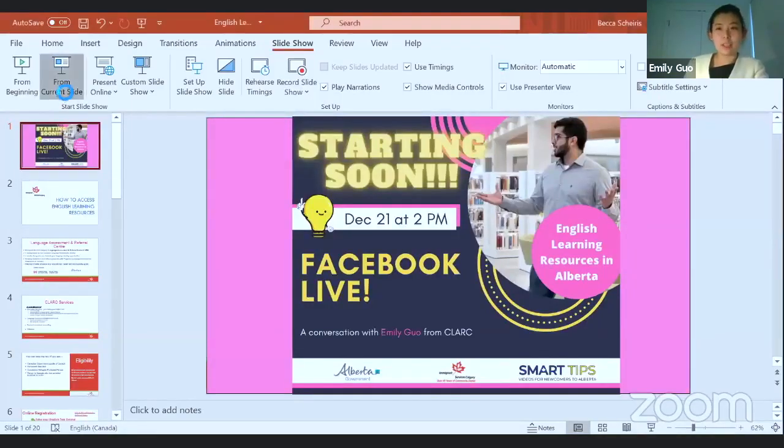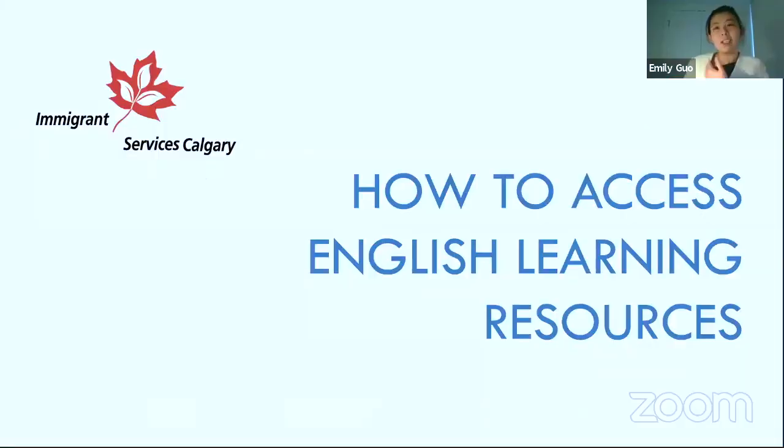So a little bit about myself. My name is Emily Guo, and I am a newcomer language specialist. I, along with other assessors, provide English assessment. And right after that, on the same day, we provide your test result and referral letter, all the information that could help in the best way to the best of our abilities. In some cases, we also have educational counseling services, which would better guide you based on your educational and working background experiences on how to find or navigate your pathway career-wise here in Canada.